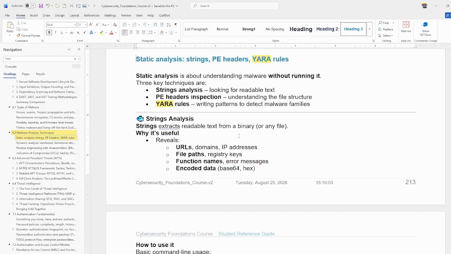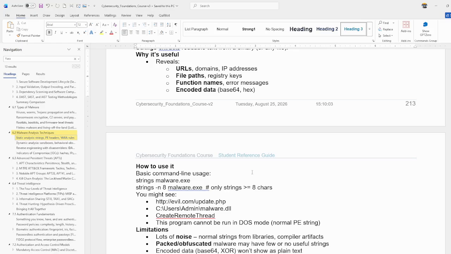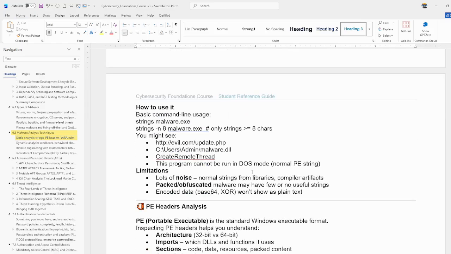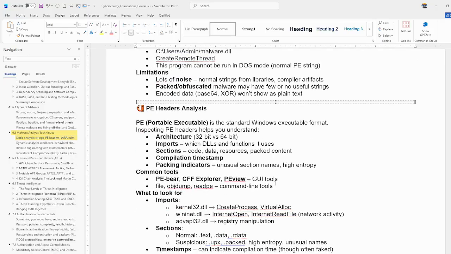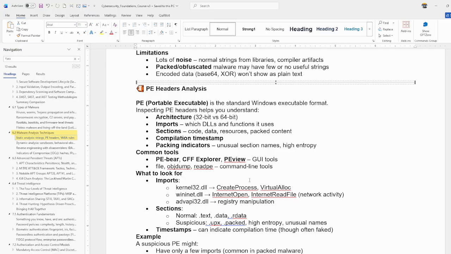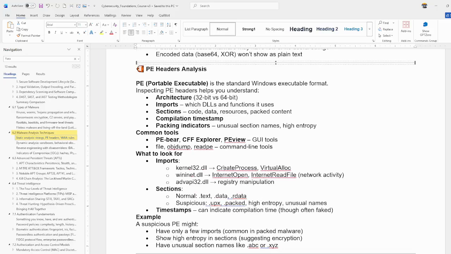Static analysis. We still have this static analysis, not completed. Strings, PE header analysis. So you open one file.